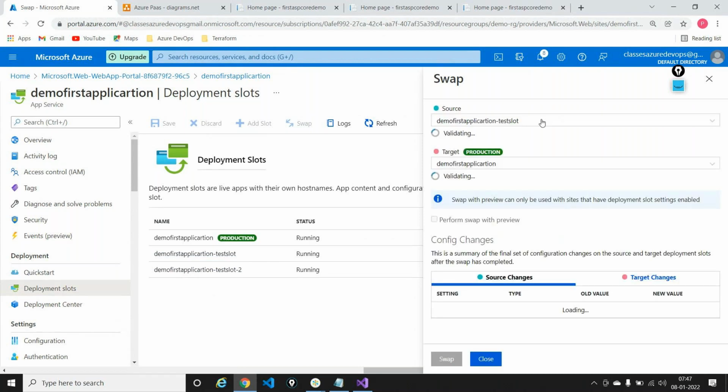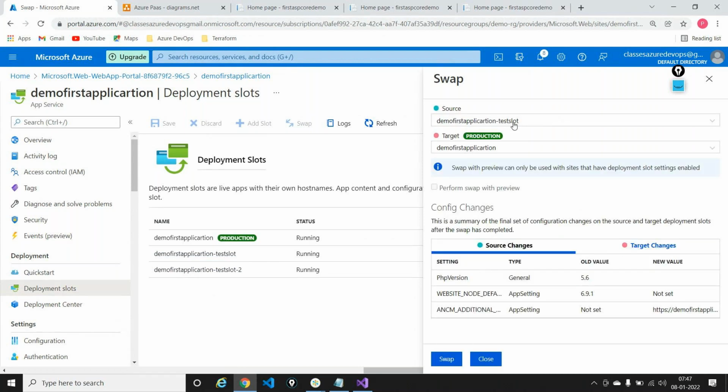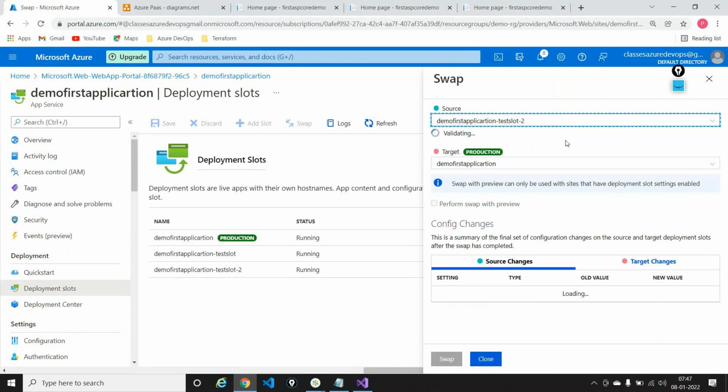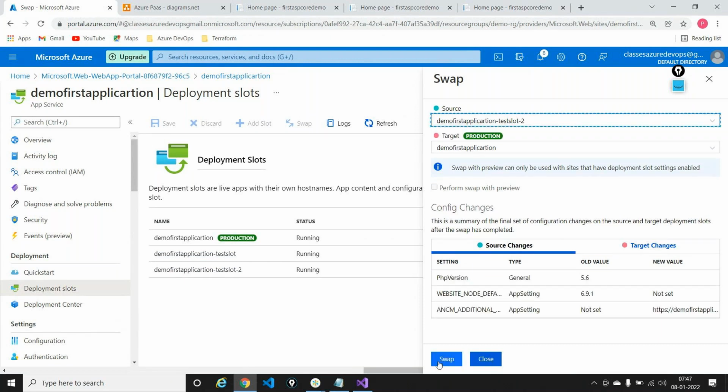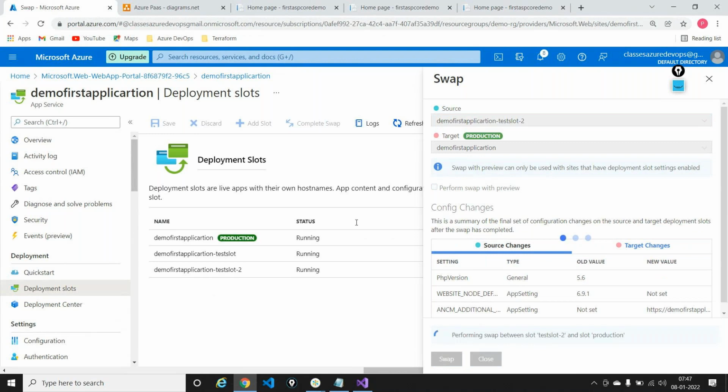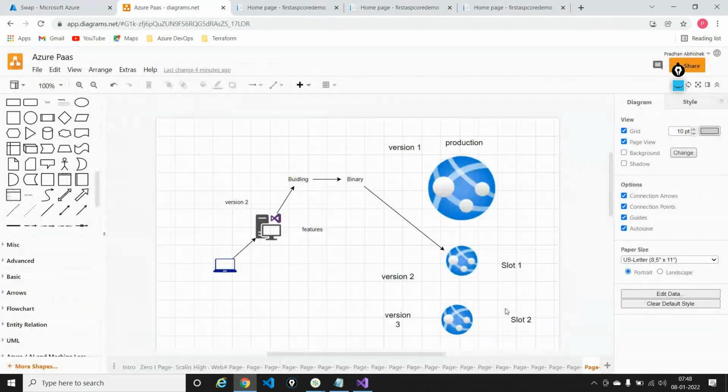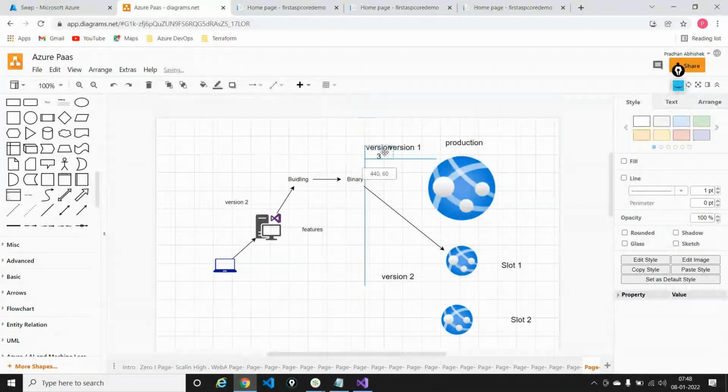So the source right now is the test slot. I can say this test slot 2, target is the same. I'll say swap. So right now I am getting version 3 into my production, and I'm taking version 1 and I'm putting it into, let's say, the test slot 2.